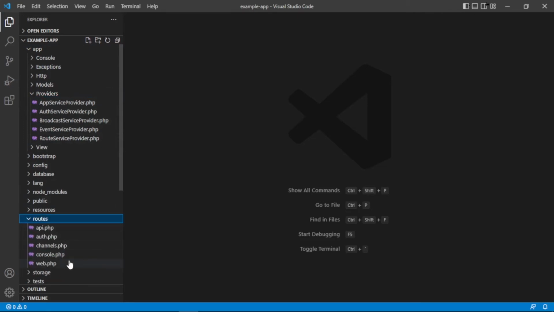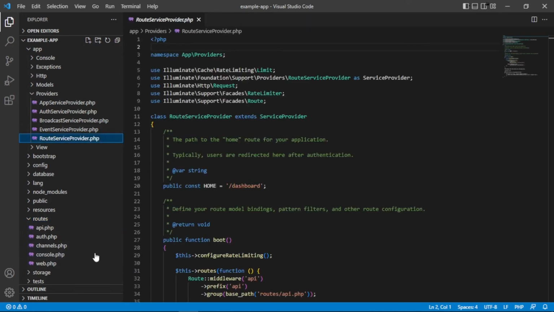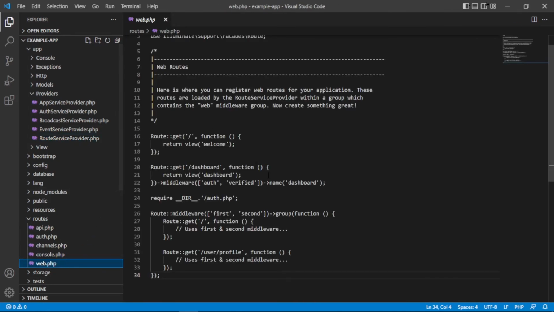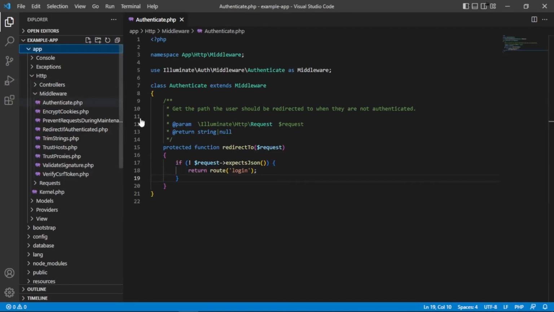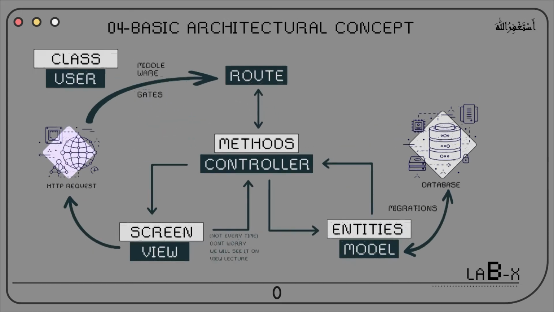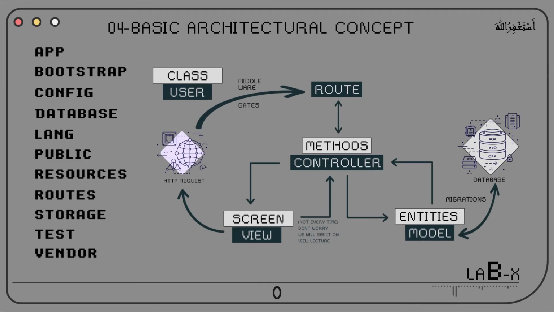Once the application has been bootstrapped and service providers have been registered, the request will be handed off to the router for dispatching. The router dispatches the request to the route or controller, or maybe it was handled before proceeding because a user is not authenticated or authorized for the request. The middleware redirects the user to the login screen. As you have seen, the logical and physical structure of Laravel plays a major role in the Laravel basic request concept. If you want to know about them in detail and with clear concepts, watch it in our Laravel playlist.